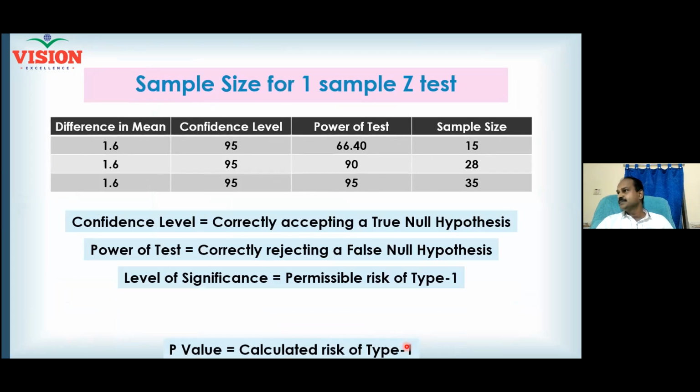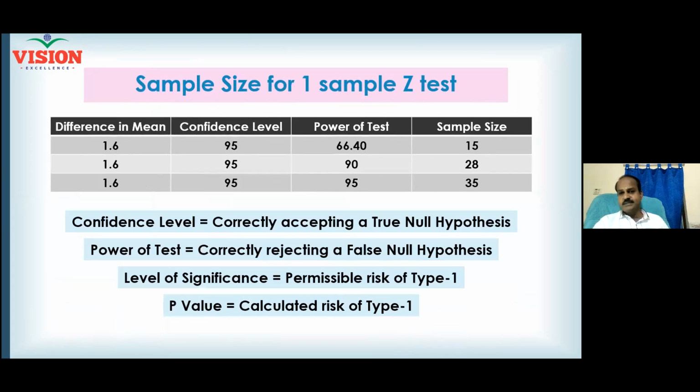So I think we have, see here, a difference in the mean of 1.6. Fat content required is 15, but observed is 16.6. So the difference is how much? 1.6. Now, is this 1.6 a significant difference or not? At 95% confidence level, I go for a different sample size. When I go for a different sample size, it will affect my power of test. When my sample size keeps increasing, my power of test also keeps increasing. So these are all interconnected, and you need to understand what happens to your important factors when you play with these things.